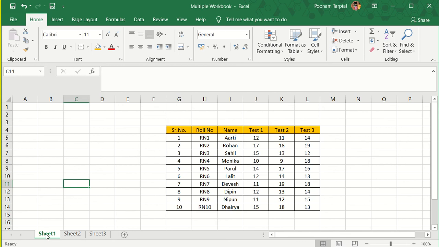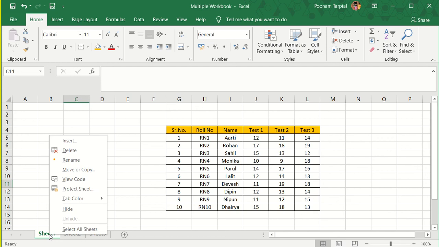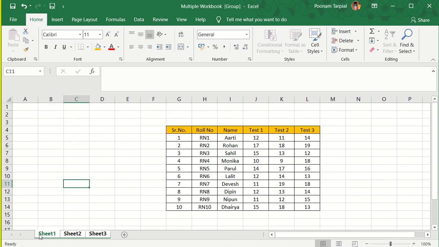You need to right click on sheet 1. So you have to take your mouse on sheet 1. Once your mouse cursor is over there, you will right click on the mouse and then you are able to see multiple options in front of you, and you will click Select All Sheets. Once you select all, you can see, people, that automatically all the 3 worksheets are selected. This is one way of doing it. Towards the end I will tell you another way of doing it as well. Now my 3 worksheets have been grouped. Why? Because all the 3 worksheets, you can see, are in the white background.